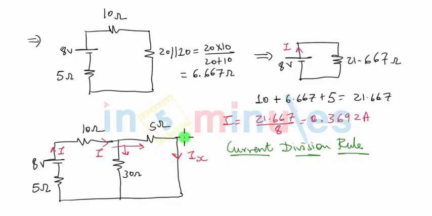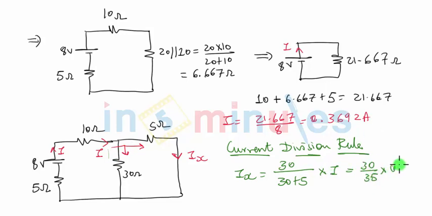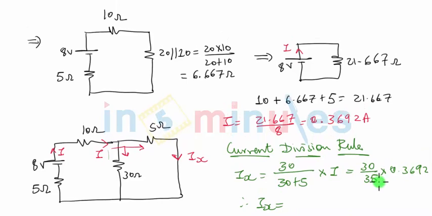So what will be the current division rule applied to this circuit? I want to find out the current through the 5 ohm branch, that means Ix. In that case, you consider the opposite branch resistance, which is 30 ohm, divided by the sum of the two resistors, which is 30 plus 5, into the total source current. The total current which is entering these two branches is equal to I. This is further equal to 30 divided by 35 into I, which is 0.3692, and therefore my answer Ix, which will also be the reading of the emitter, is 30 upon 35 into 0.3692, which comes out to be